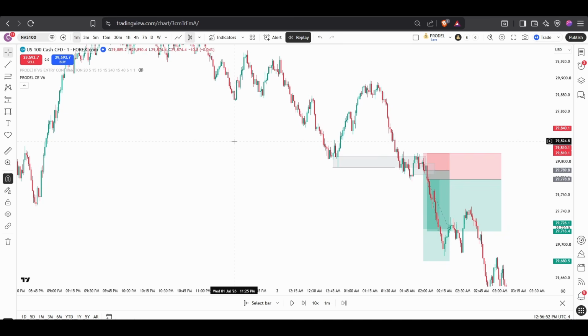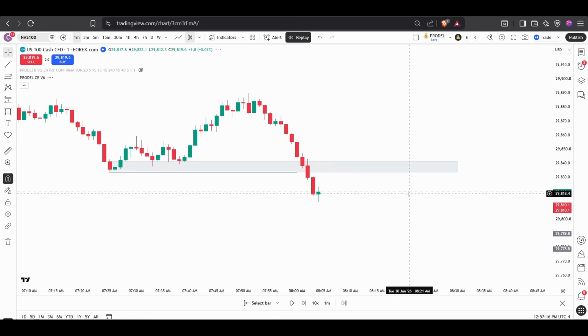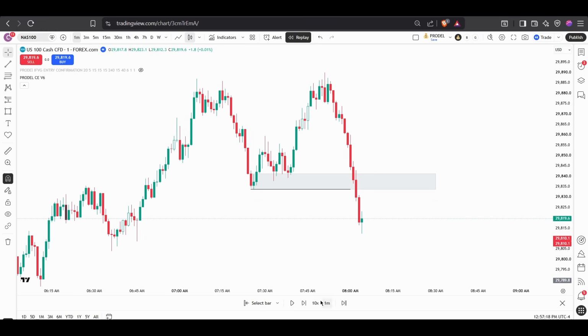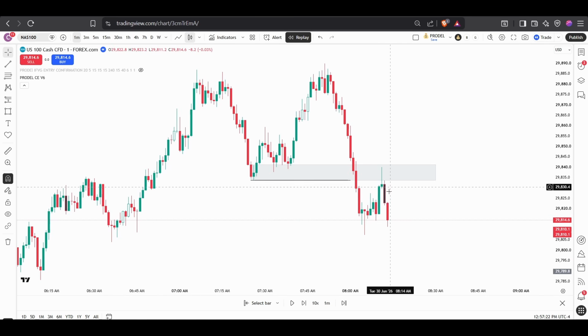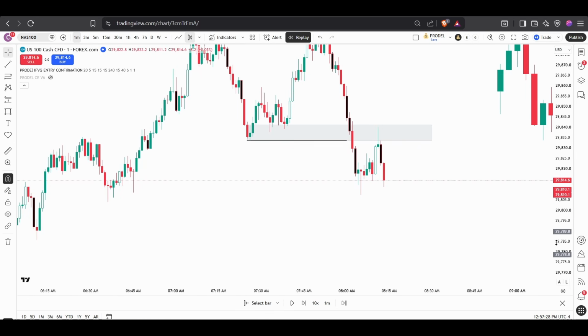And let's see another example, and here we can see there is the break of structure, and let's wait for the market to reach into our level, and yeah, it is into our level, and you can see both of the indicators print a black candle here, because there